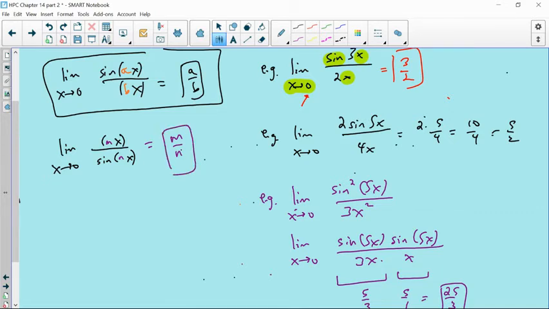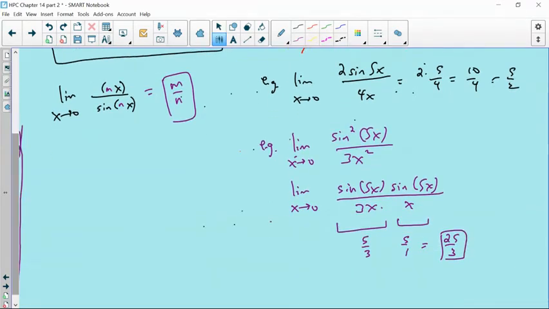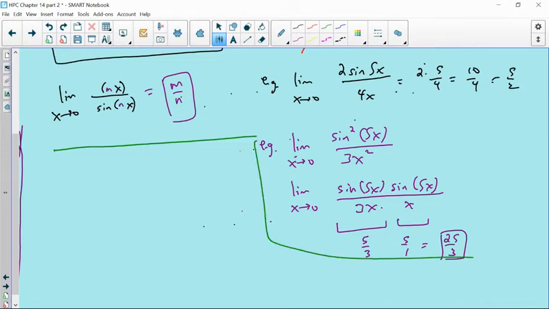Okay, so again, knowing that the limit as x approaches 0 of sine x over x is equal to 1, and then really extrapolating that to any coefficient. The second trig identity that we need to know is the limit as x approaches 0 of 1 minus cosine x over x. And that limit, again, you could easily prove or verify on a graphing calculator or a table,